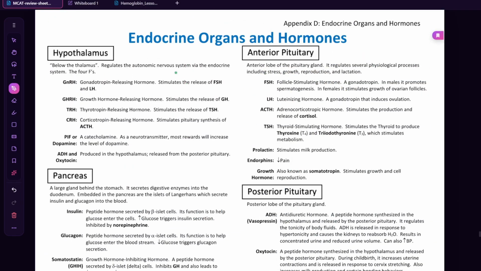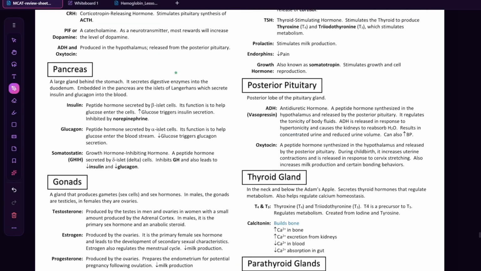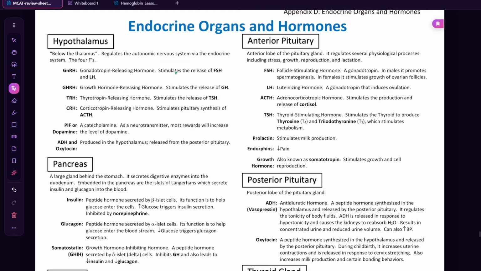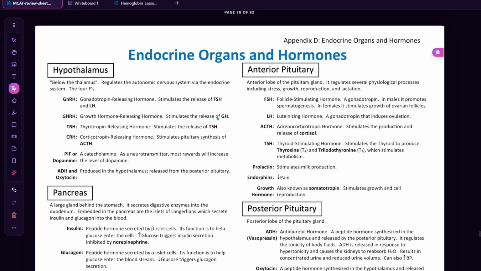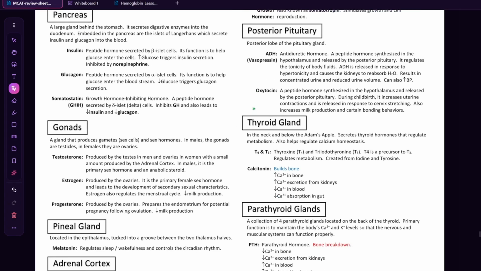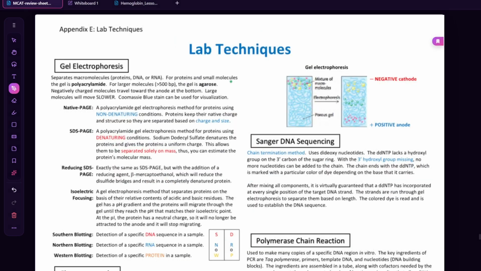And then endocrine organs and hormones. This is also part of biology. So basically all of this was already talked about. It's just listed out for you in a more detailed manner. So you can always go over that as part of biology when we're studying the endocrine system there. Okay, and for lab techniques, I'll go over this probably